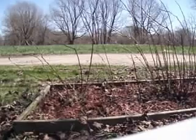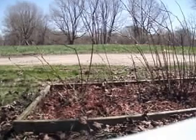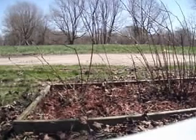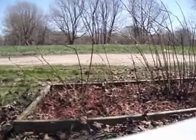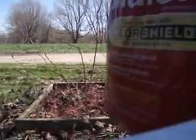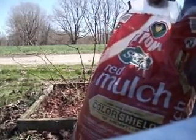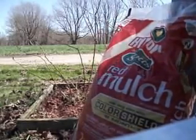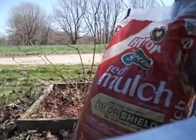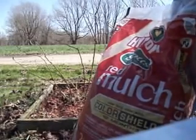Let's see here. Okay, this thing's been running for about 15 minutes. I suppose I can still let it run. Got a bag of last year's mulch. You don't want to use this type of mulch around your blackberries, your raspberries, your grapes, or if you're planning on eating your rose hip berries. You don't want them around your food,